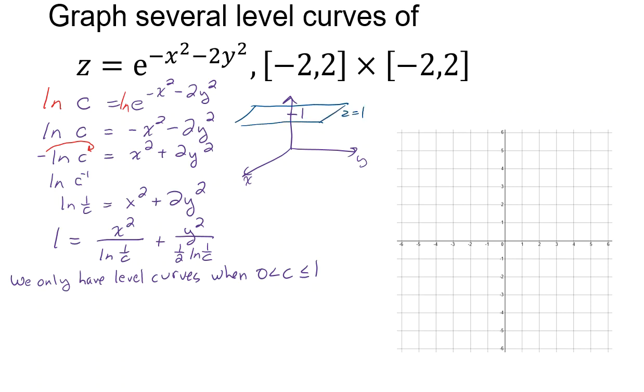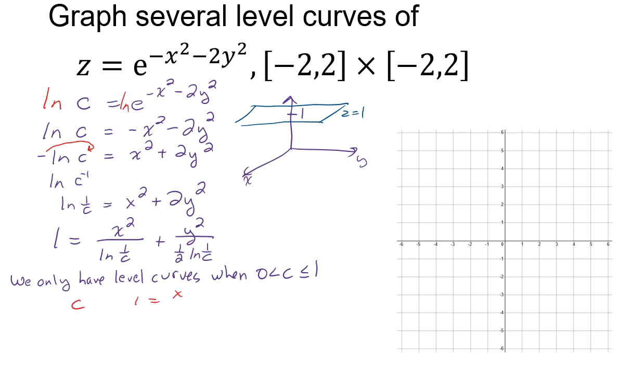So it's all in between here, and including this plane, okay? So when we pick our level curves, we need to pick c between 0 and 1. Now we certainly could crank some of those out, which is a lot of work, but we could do some kind of a little c and then